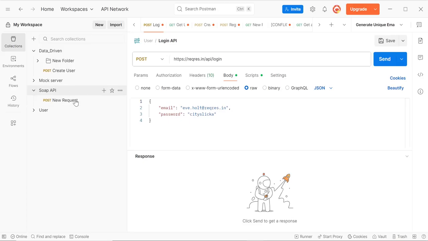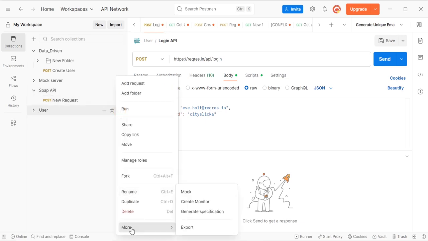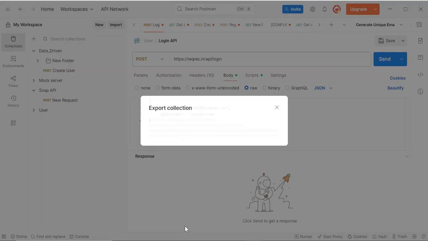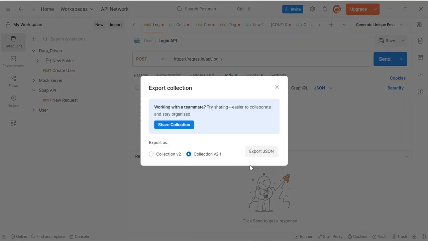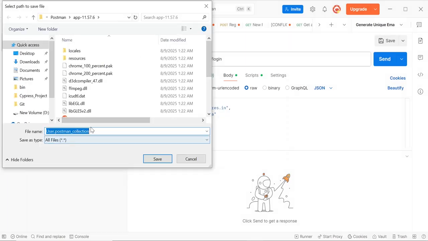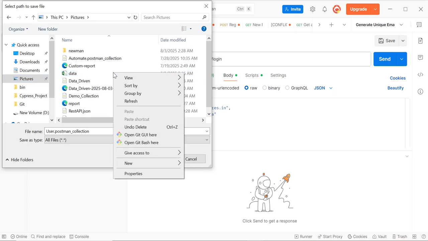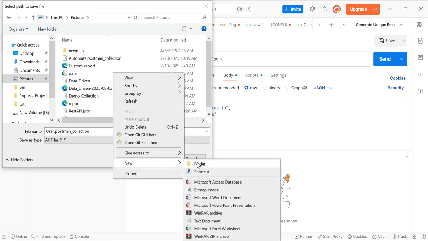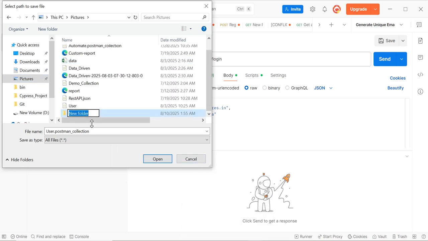Open Postman and export collection. Click on three dot, click on more and then click on export. Now, click on export JSON and save this collection into a new folder. Let's create a new folder. Right click, new, and then enter folder name